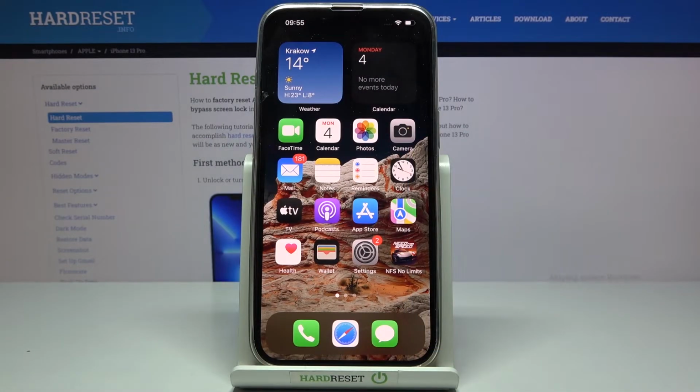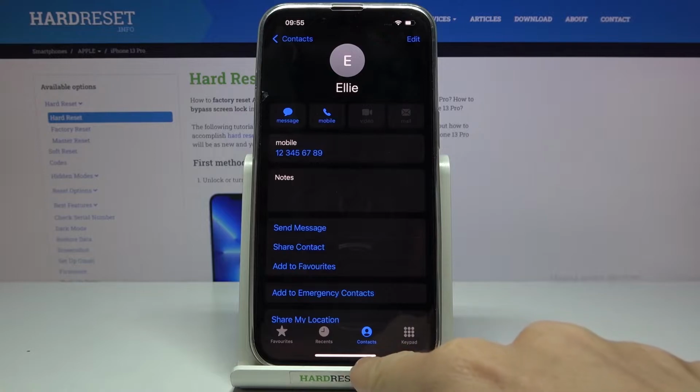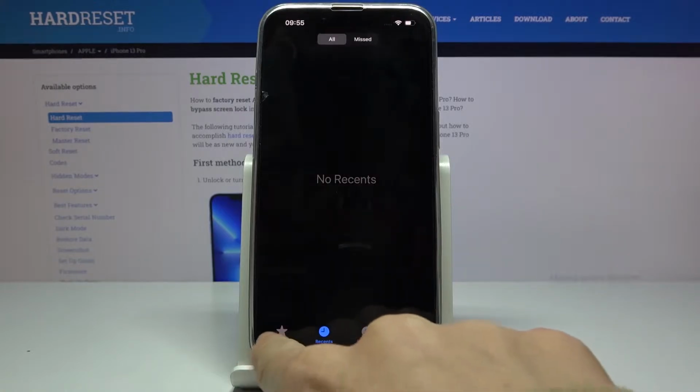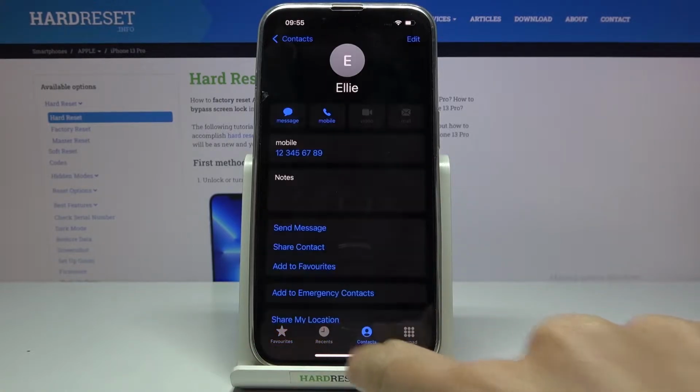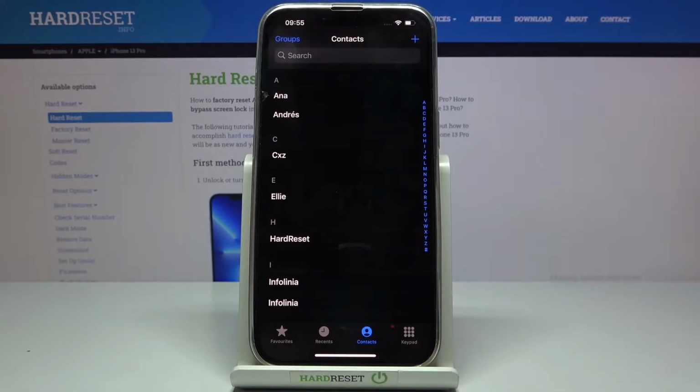Here we've got Apple iPhone 13 Pro, and let me show you how to add photo to contact on this device. So first of all, you need to open your phone dialer and make sure that you are on contacts. So if you are, for example, in recents or favorites, just switch to contacts. And now let's pick the contact that you would like to add this profile picture to, and actually that would